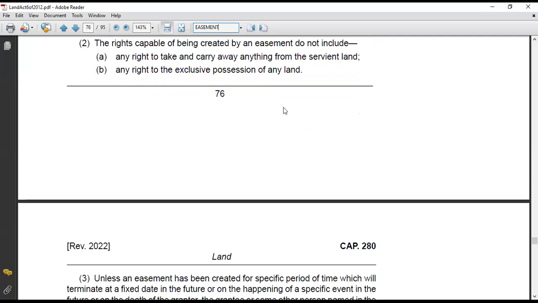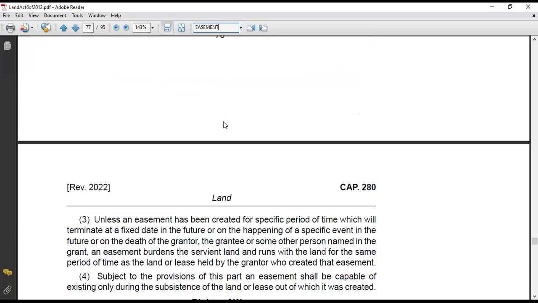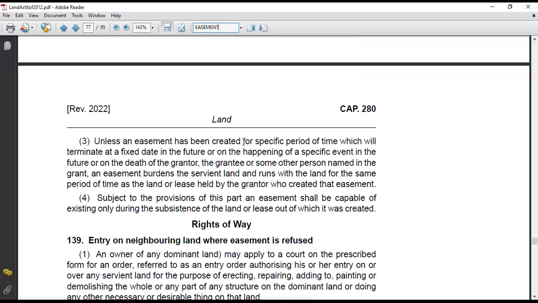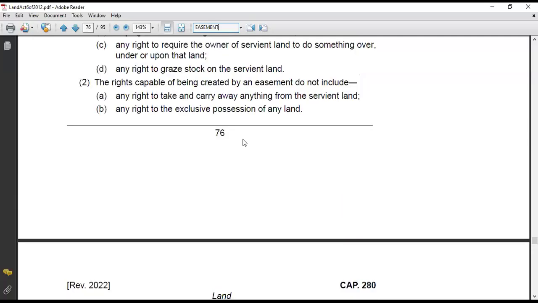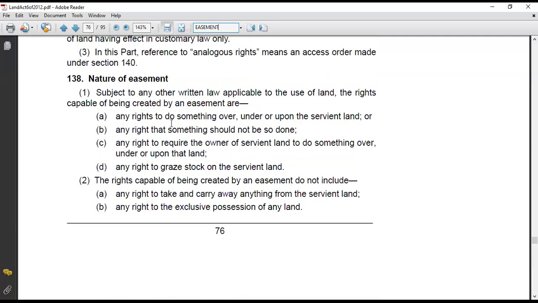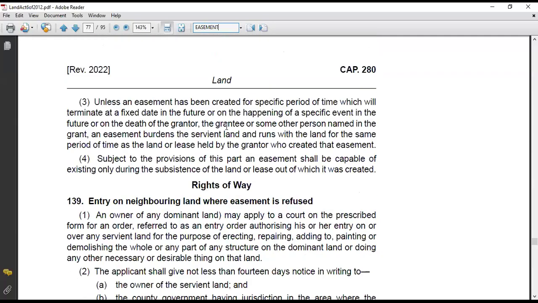Possession, exclusive possession, but it can be with or without consideration, depending on the kind of agreement that is there. Yes, quiet possession. You know that one of the requirements is quiet possession, eh? Yes. So if the question comes like that, unless an easement has been created for a specific period,